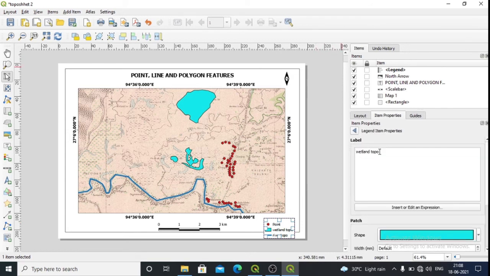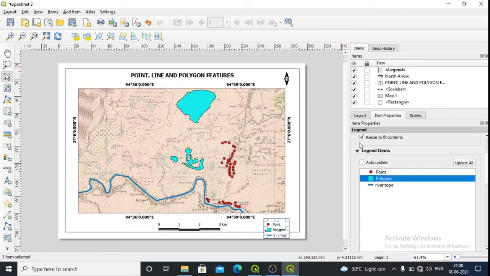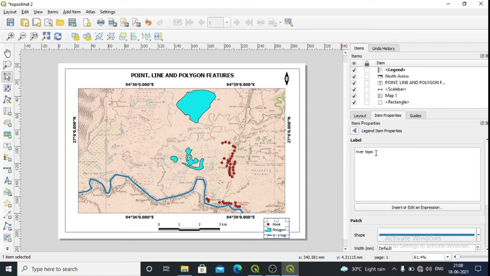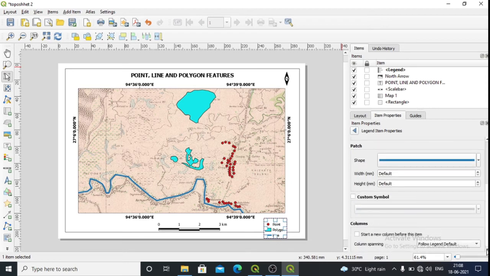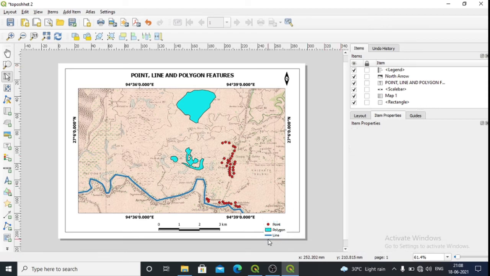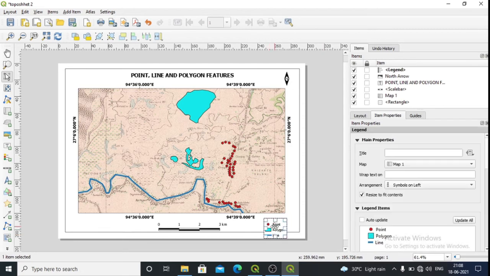This wetland is for polygon feature, polygon. Then go back, then we have this one, this is line. Give the legend title as legend.